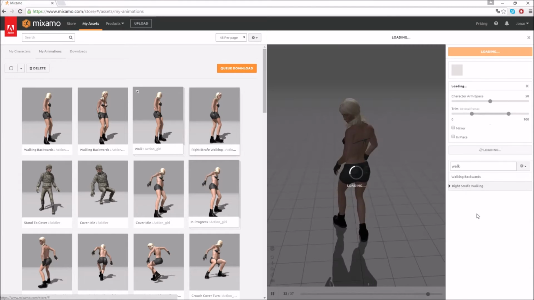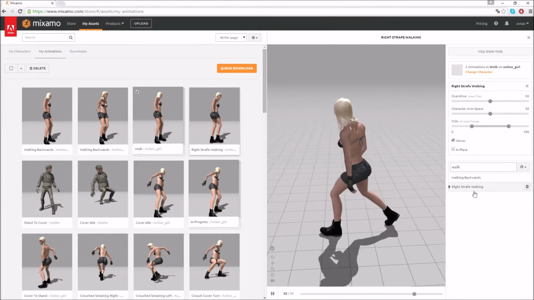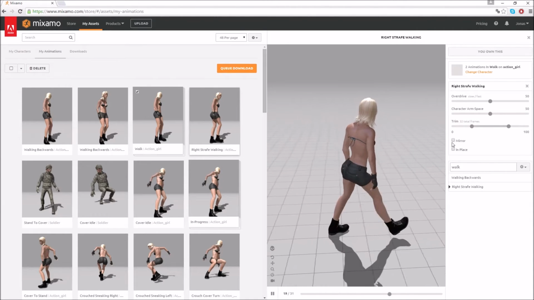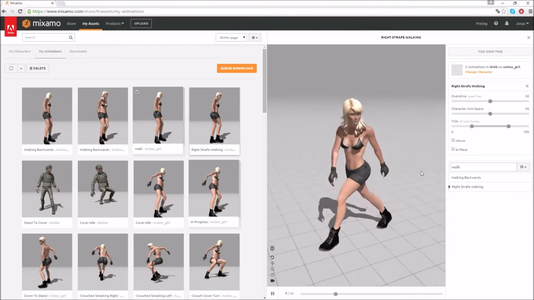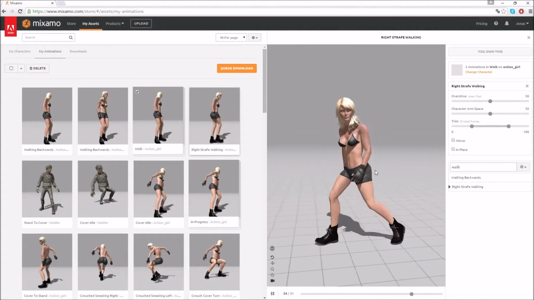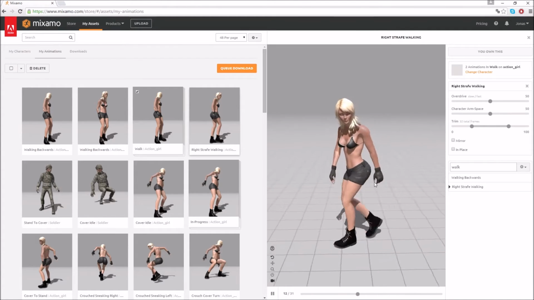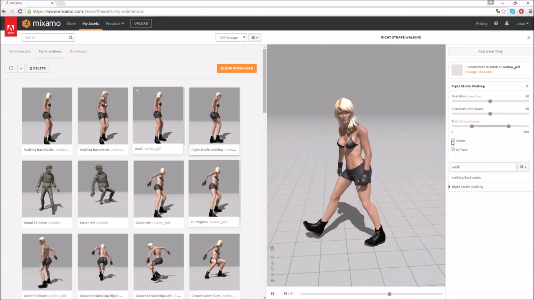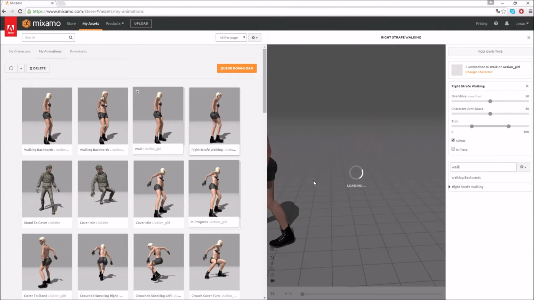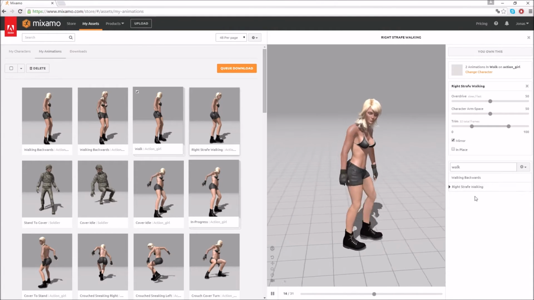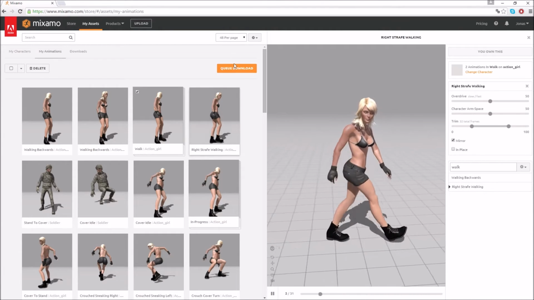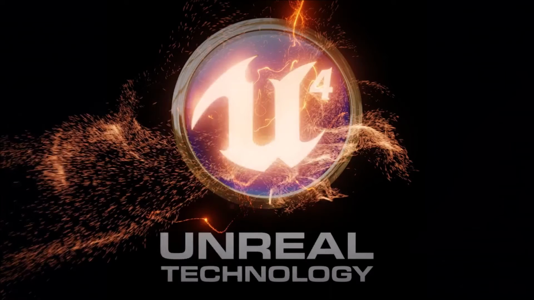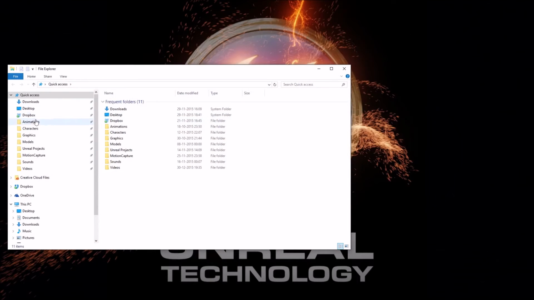I also found this one called right strafe walking, and what you can do is download that and hit the mirror and then you will have a similar one walking. Yeah, this is actually the right strafing movement, and this is going to be the left one. So download this one first and then click mirror and then download again to get the mirrored version. So yeah, you will eventually end up with